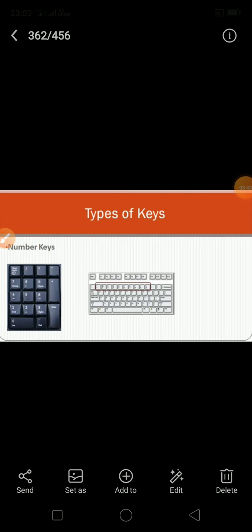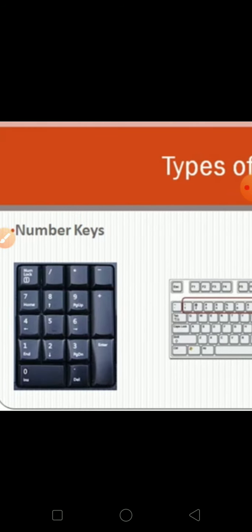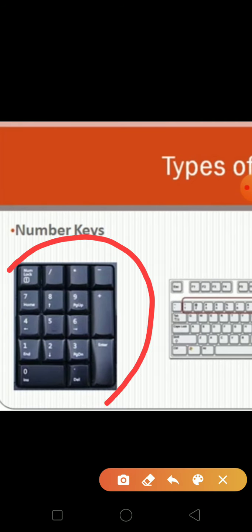And see children, this is our numeric keypad. Can you see it? Okay, these number keys are also known as our numeric keypad. These number keys can also be grouped together in a block like in our calculator. They will help us to do the number work quickly. In banks, mainly they use these number keys to make their work faster.